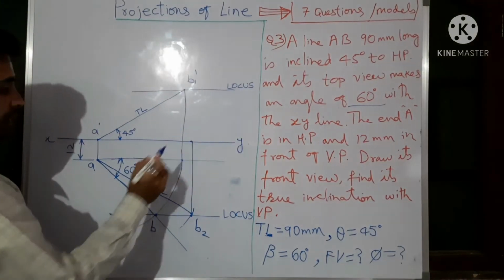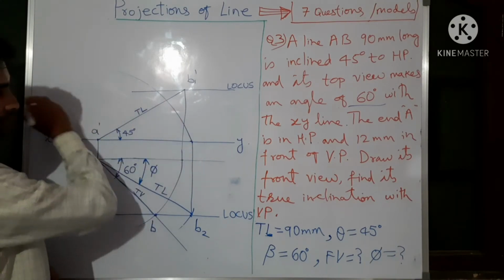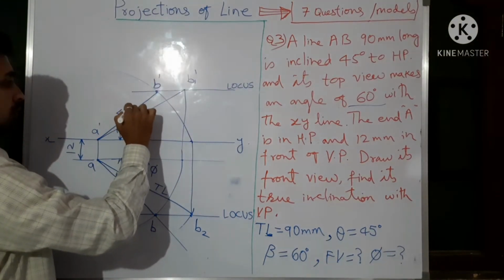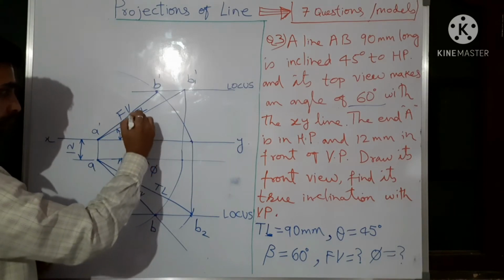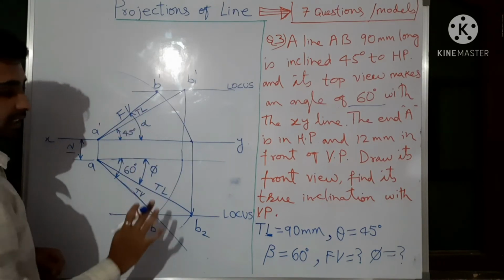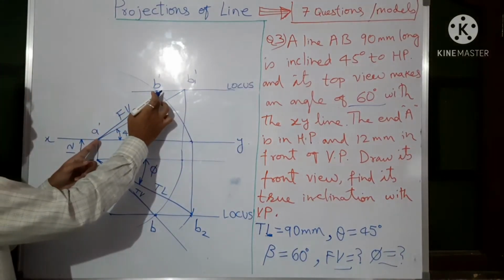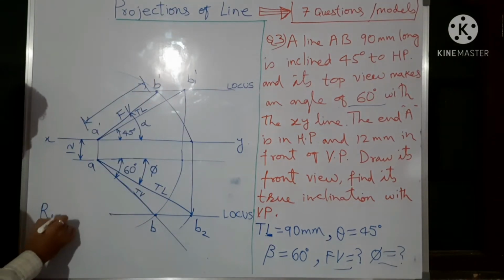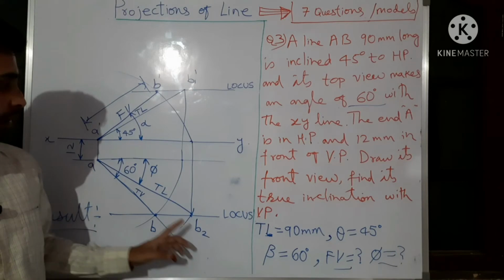So from here we have taken. Now from here, this is the center, this is the radius. Rotate this in this direction. So we have got another end. So this is your B dash. Final front view. This is final top view. So this angle, if you see, this is alpha, which is not asked as of now. So what is asked? Phi is asked. Front view length is asked. So front view length you need to measure like this, or you can put it in the result. Okay, so projections we have drawn.